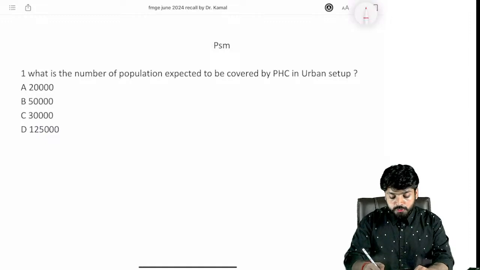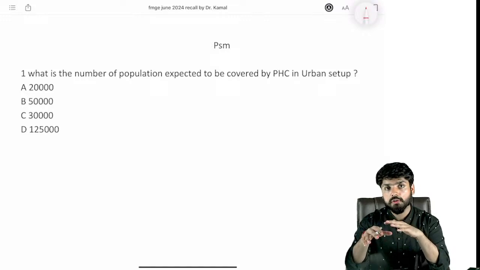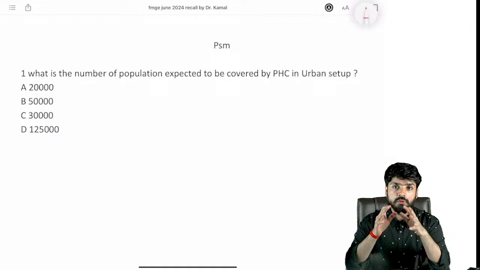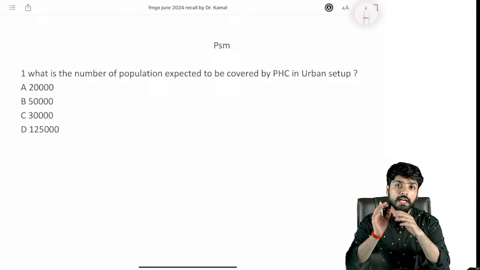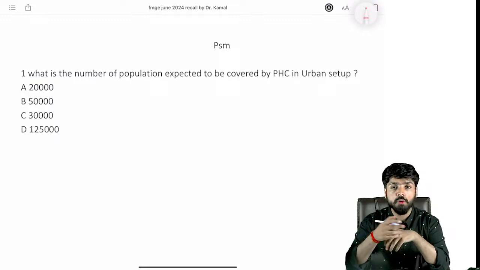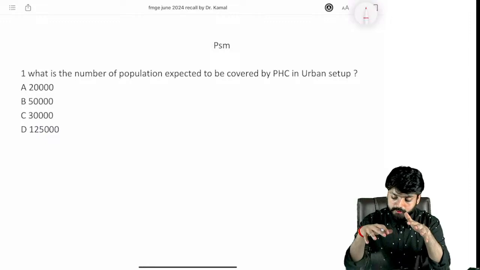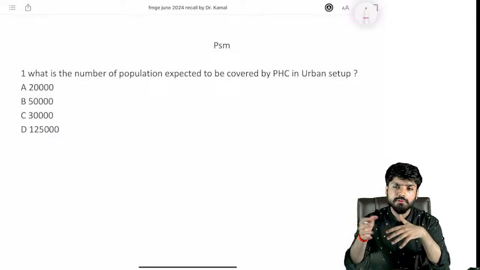I want you to have a gist of the paper right now, but if you want to clearly assess yourself according to the recall questions that came in this attempt or the previous attempts also, you definitely should check out the question bank, because the team over here is trying to collect as much recall data as possible from all the students, so that the precise language of the question and the confusing options that usually come in the exam are being formulated right now. Here I have tried to cover somewhat all the departments of PSM so that we can have an idea about the exam.